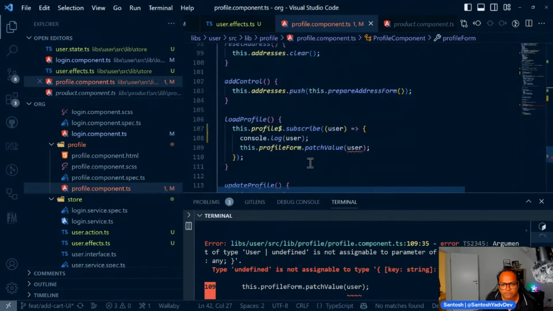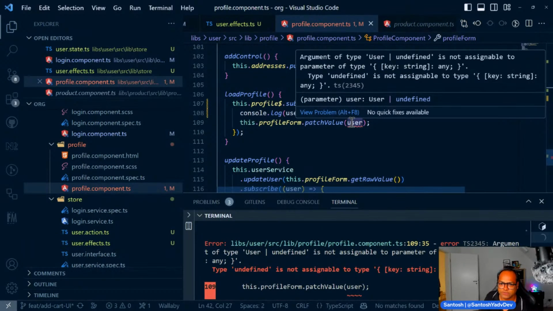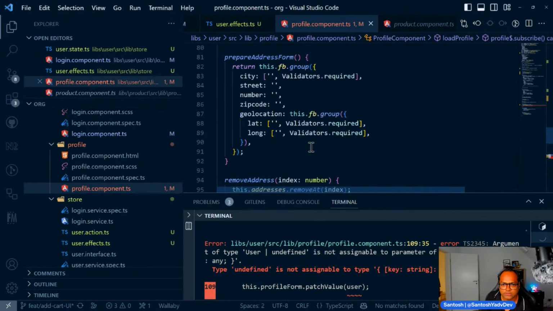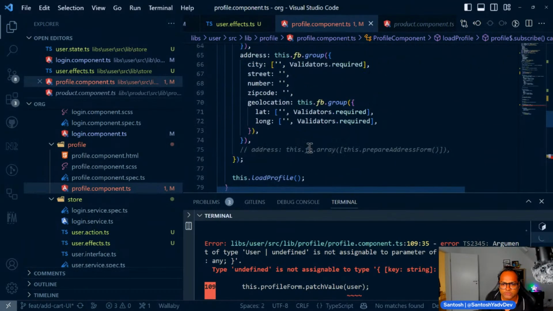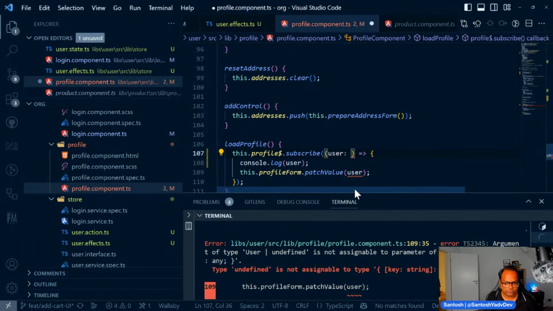So what we have here, it says user or undefined. Yeah, user or undefined, right? So I can make sure that user is not undefined. And I think, mm, do this, maybe it should work. Not null. So